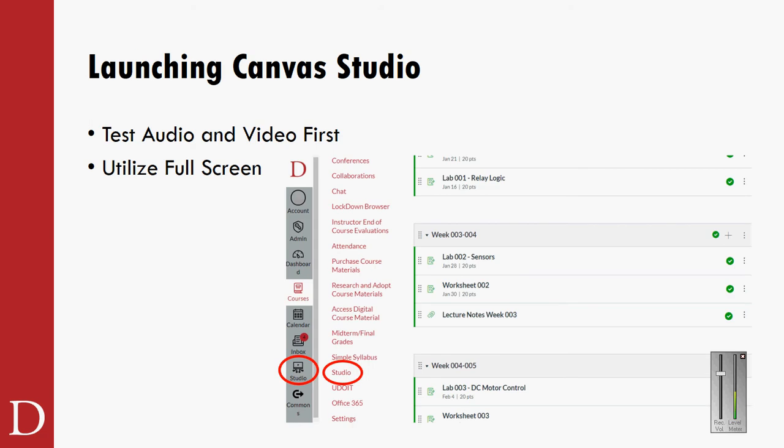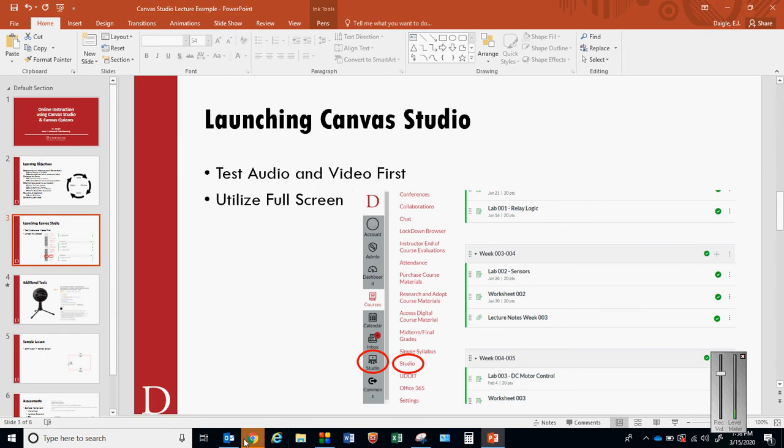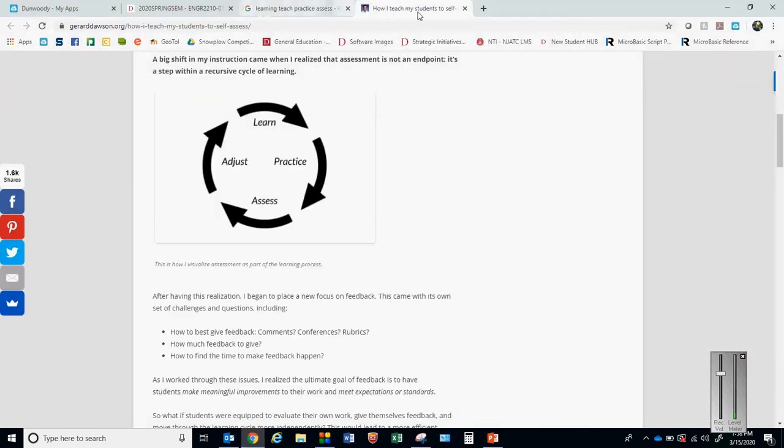All right. So first off, I want to talk about what I'm doing right now. I'm actually using a different recording software, but I've used Studio quite a bit in the past. I'm going to discard my ink annotations. But if I go into my Canvas course right now,